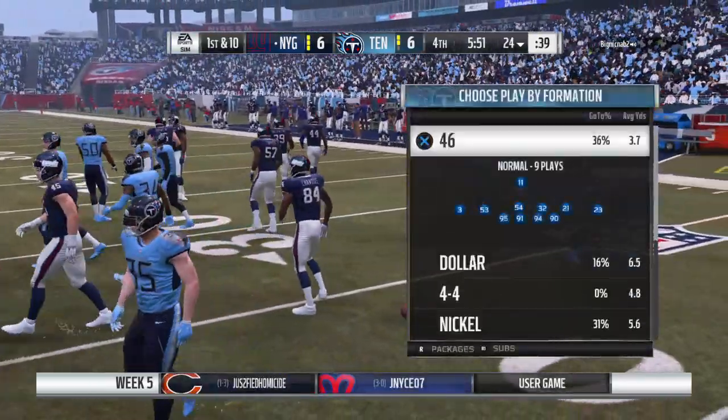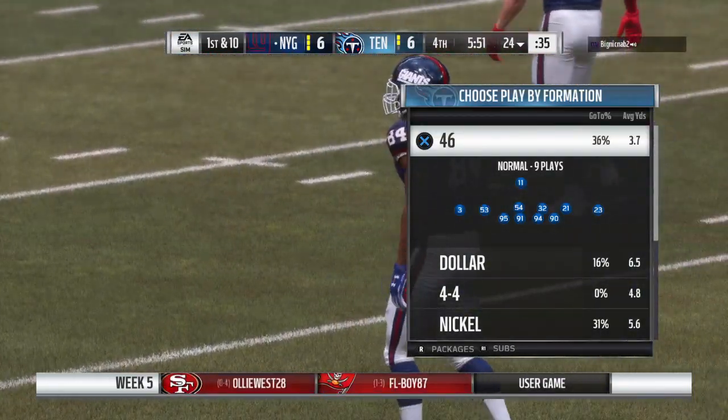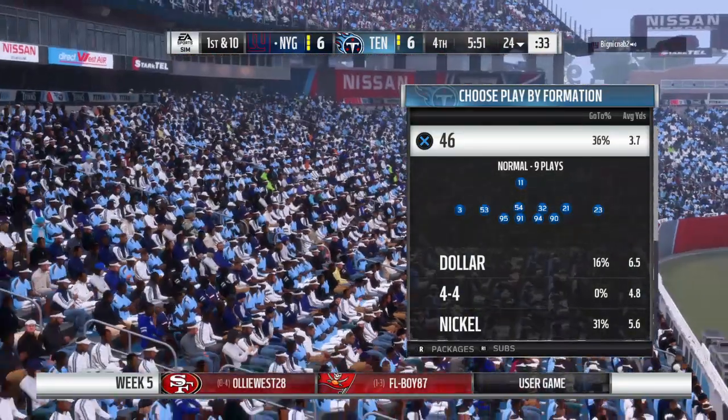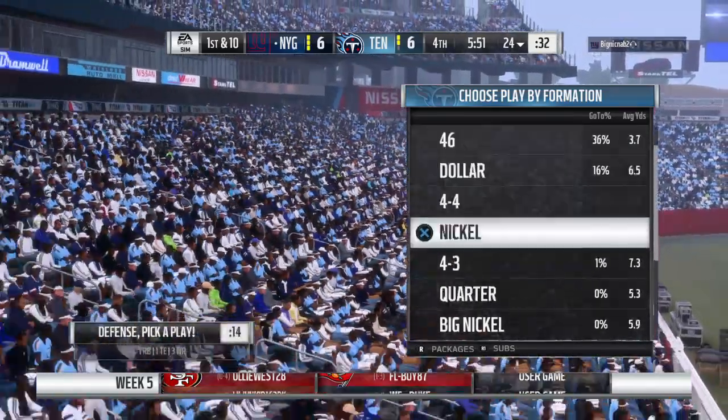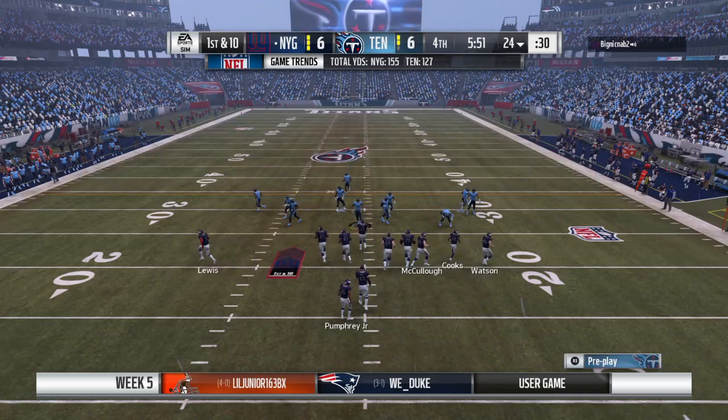And a pretty good return here. He'll be stopped just shy of the 25 at the 24-yard line. And now out come the Giants. And on the last go-around, they really couldn't get anything going. They had to punt from deep inside their own territory, which means they're going to lose the field position battle